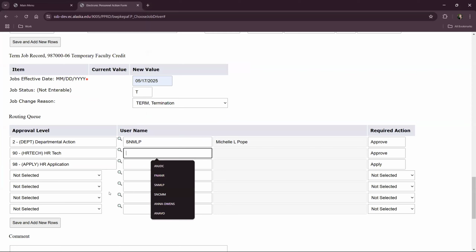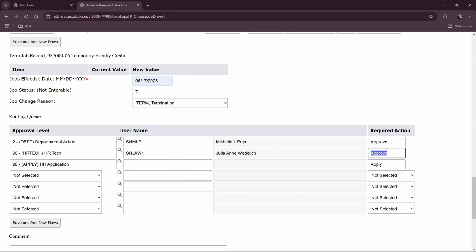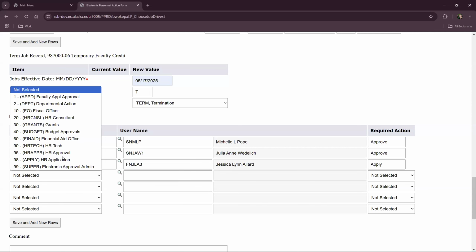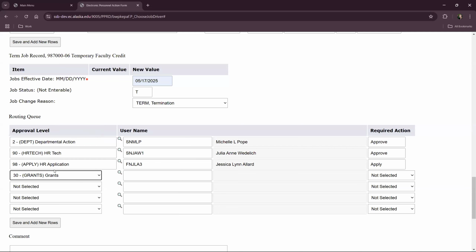For the HR tech, please reference the NTR route reference document so you are entering the correct NTR route person, or I'm sorry, the correct HR tech person here. In this case, in consulting the NTR route document. And if this were a grant-funded assignment, I could also enter a grant level approver here and search for their name using the spyglass as well.